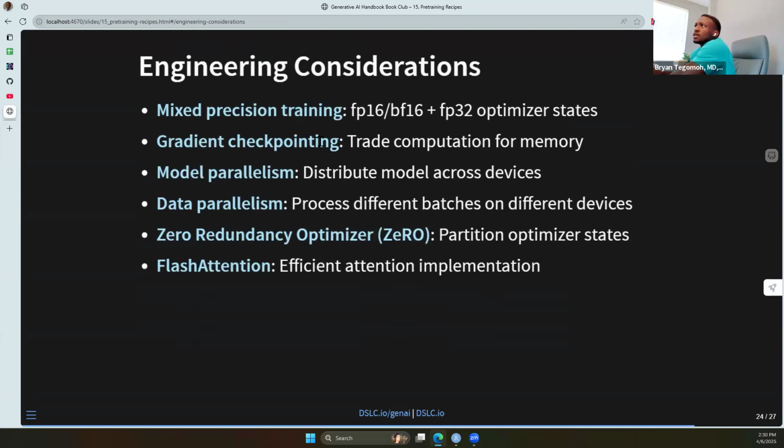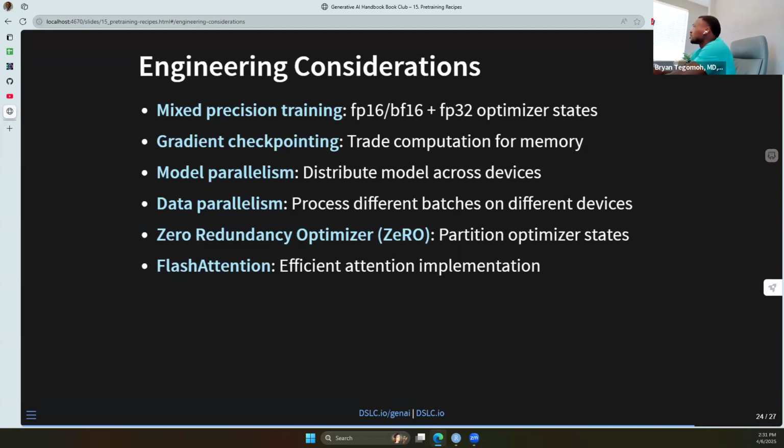Some of the engineering considerations, which is the fourth concept, hinge on techniques like mixed precision, gradient checkpointing, model parallelism, data parallelism, zero redundancy optimizer, and flash attention, which help to efficiently manage resources